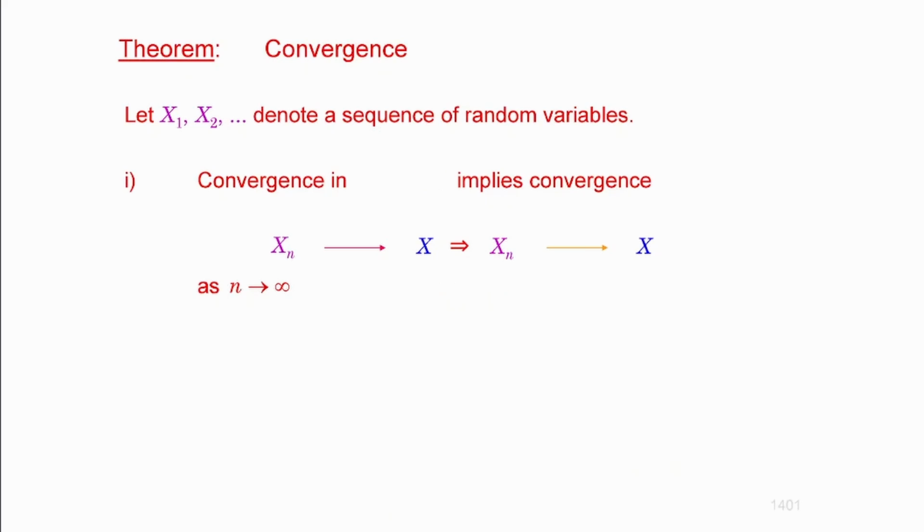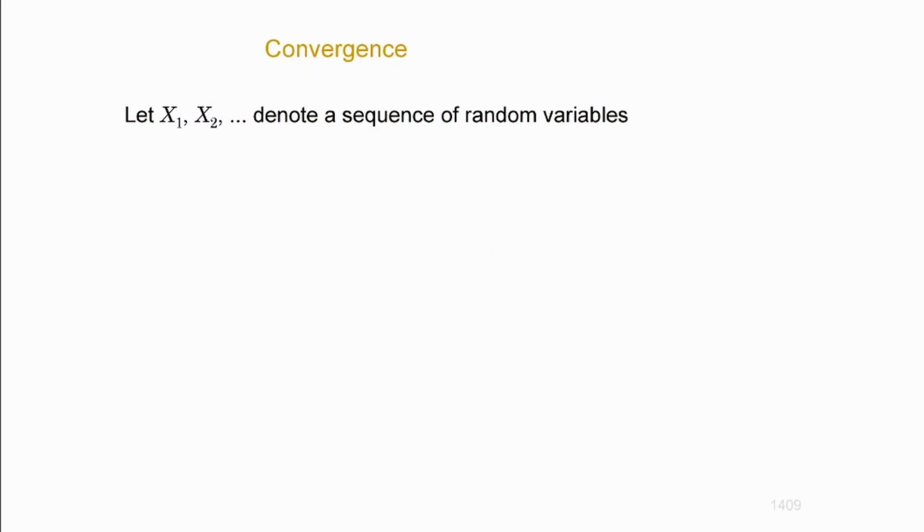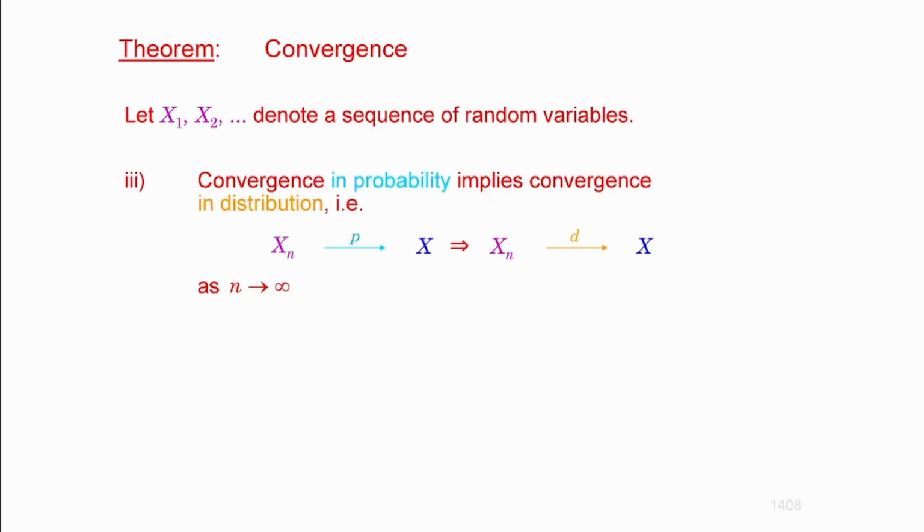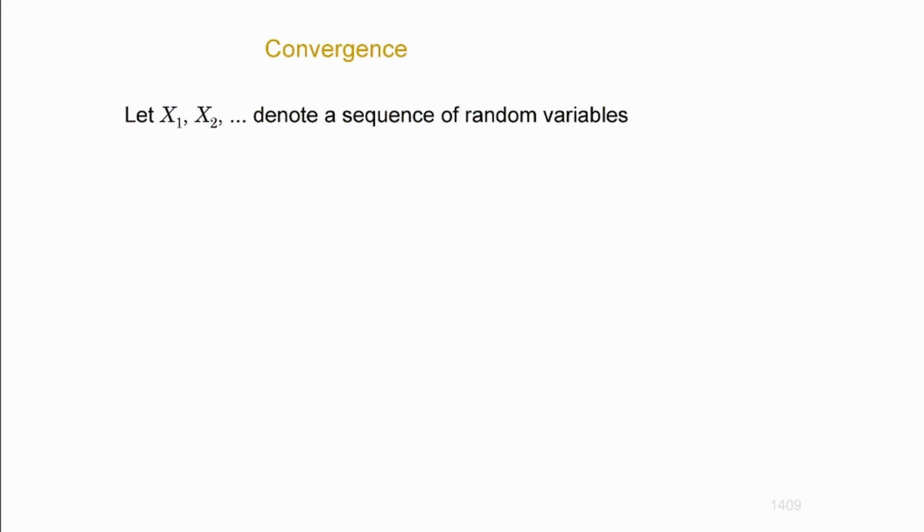And finally, I'm going to show you, and that's going to be more interesting, that convergence in probability basically implies convergence in distribution. So if random variables converge in probability, they also converge in distribution. That's going to be the third one, which is the most interesting one, I think, but that's also the easiest one. You're going to see that when you look at the tools that stochastics provides, you can apply them relatively easily.